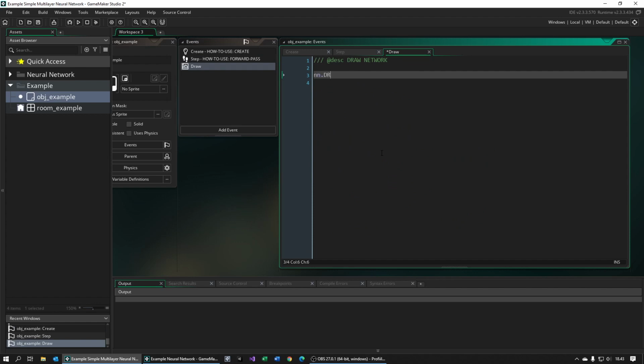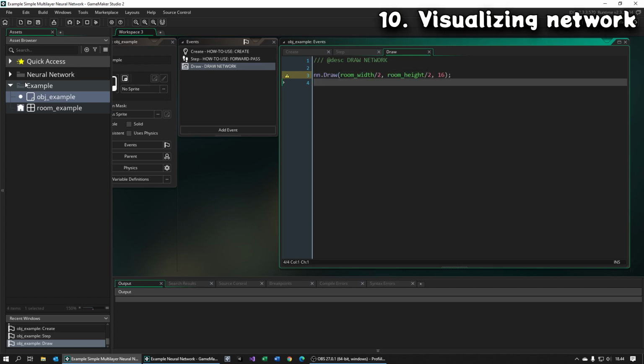We want to visualize our network somehow, so we can see it is working and it is giving some results. You can do this however you want, as it is not necessary part of how network will work.